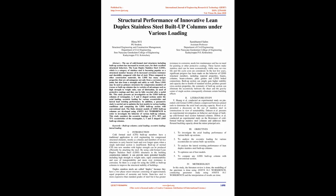These LDSS may be used as primary structures for compression members of trusses or built-up columns due to varieties of advantages such as high strength-to-weight ratio, ease of fabrication, no need of protective coatings, and they can be fully recycled after a useful life. This study presents an investigation on the LDSS built-up columns of rectangular, I, T and Z-shaped